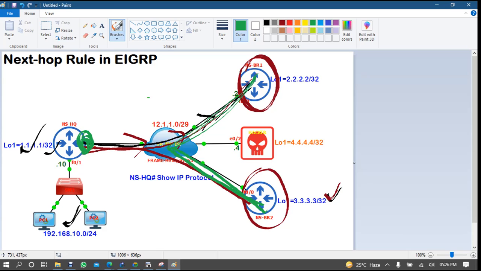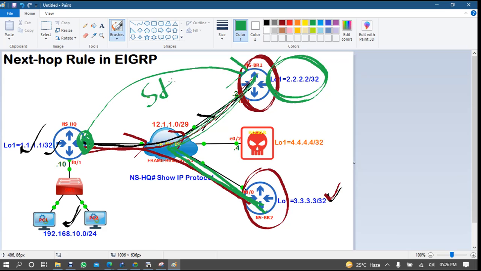Yes, I see. But this will never work, because you want the communication, but the update is the problem. Why? Because according to the routing table, the routers follow the path, right? Yes. But in the routing table, 3.3.3 has been received from here. And why is it like that? Due to my static neighborship. Are you understanding? Yes. So how will it work? So there is one default rule running, the next hop.